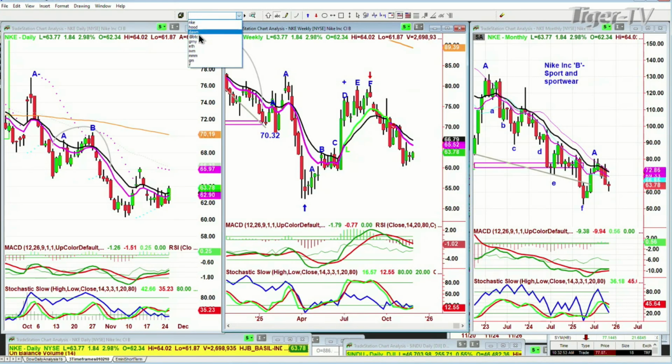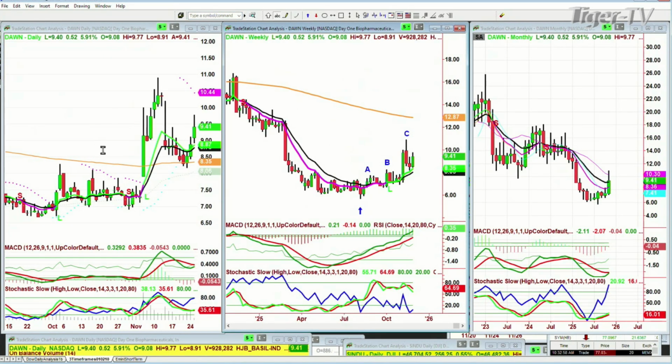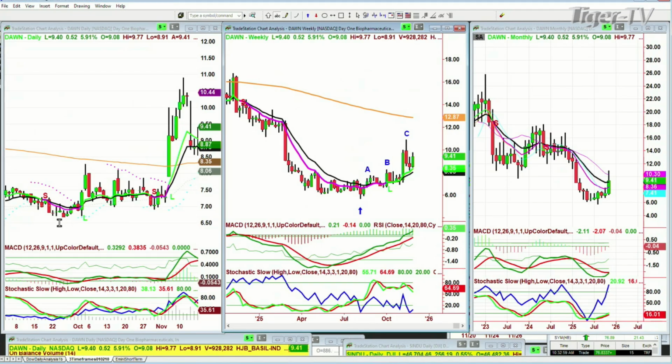Dawn. So Dawn is looking as if daily chart. So that's a peak A. Let me just put that in. A,